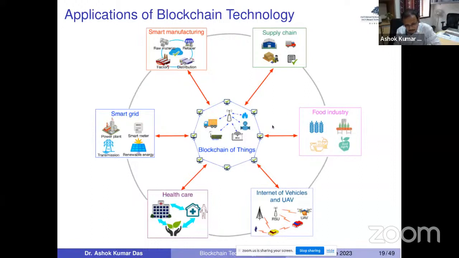And finally, it could also be used in the smart grid environment. Due to this nature of blockchain technology being used in several other fields, we now have a new notion known as the blockchain of things. It is just like your Internet of Things. We have this notion of the blockchain of things, where blockchain can be applied in several applications ranging from military to civilian applications.